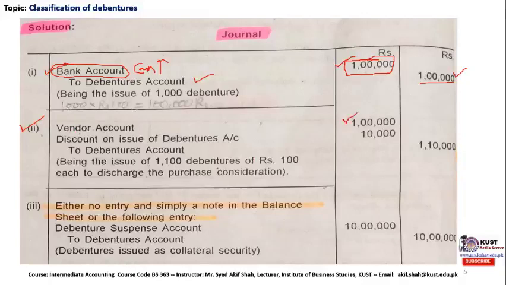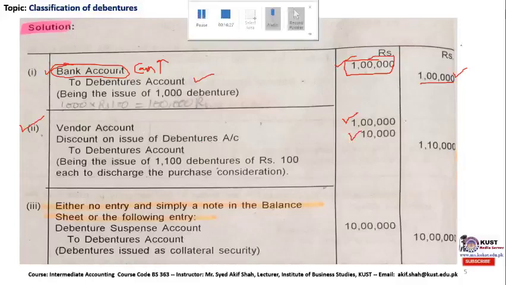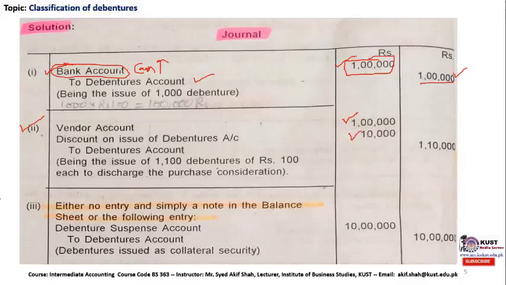The sundry asset account was debited and the vendor account was credited in our first entry, and in the second entry the vendor account was debited and the discount on issue of debentures will be debited, since discount is a kind of expense, and we need to write it off from the books of account, and from the income statement under expenses. So it is a kind of expense, and increase in expense is usually recorded by debit, and the debenture account will be